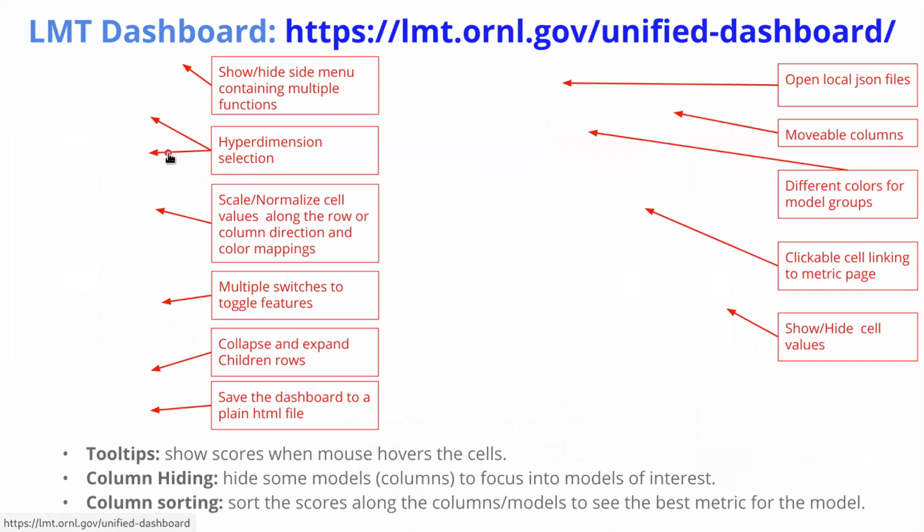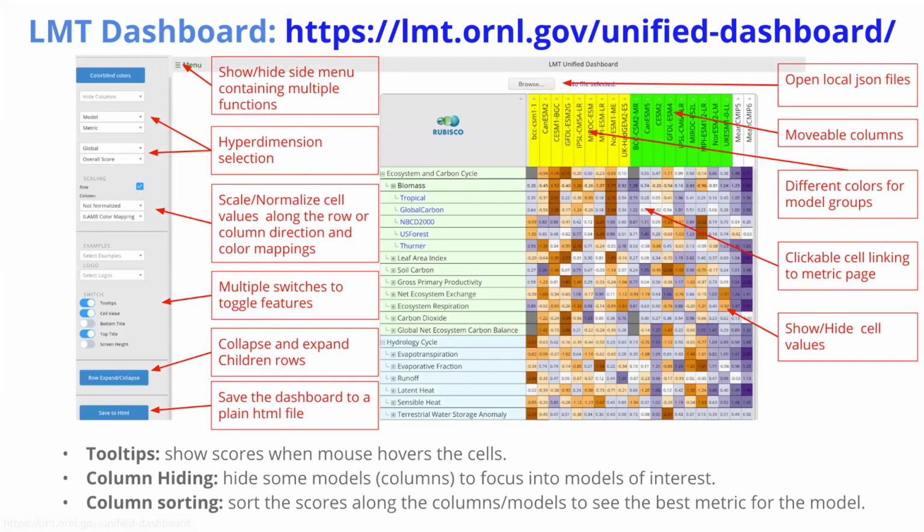And in another activity, we've developed this dashboard that I alluded to earlier, and it allows us to put a better front end picture on that ILAM system. It allows us to swap, for instance, the variables and data sets down the left-hand side with the models across the top. So we can swap the rows and columns here. We can also move all the rows around and move the columns around so that we can get the picture we want. So if we're interested in comparing this BCC model with this other BCC model, we can just drag them over next to each other so that we have them side by side, and then compare them, for instance, to the mean CMIP6 model.